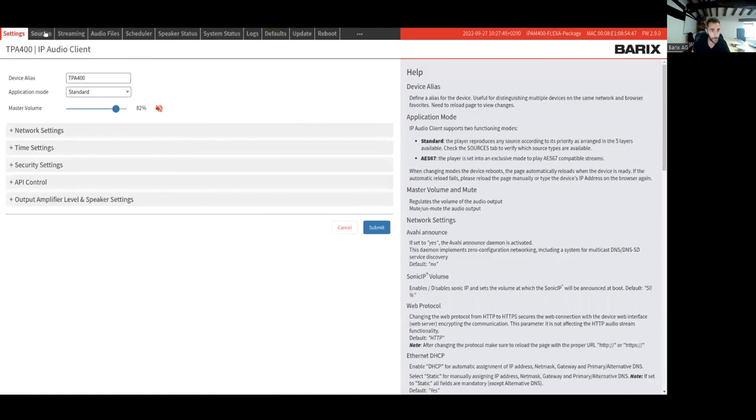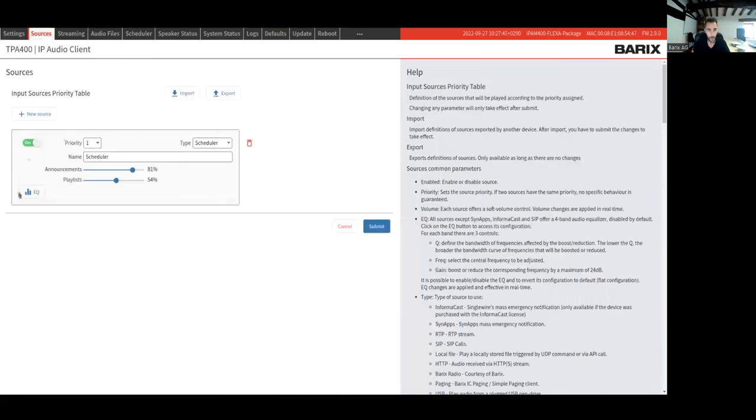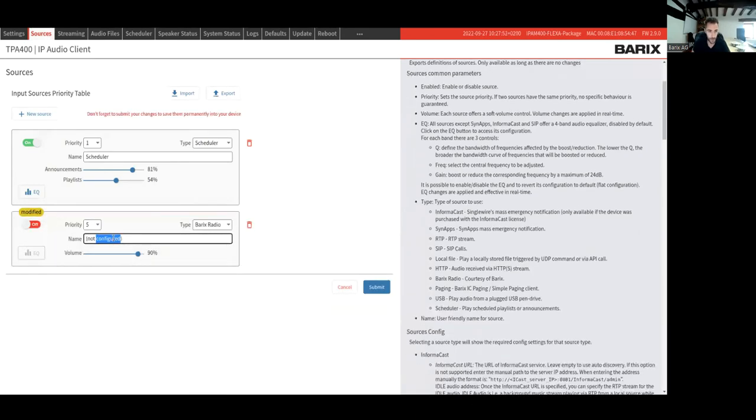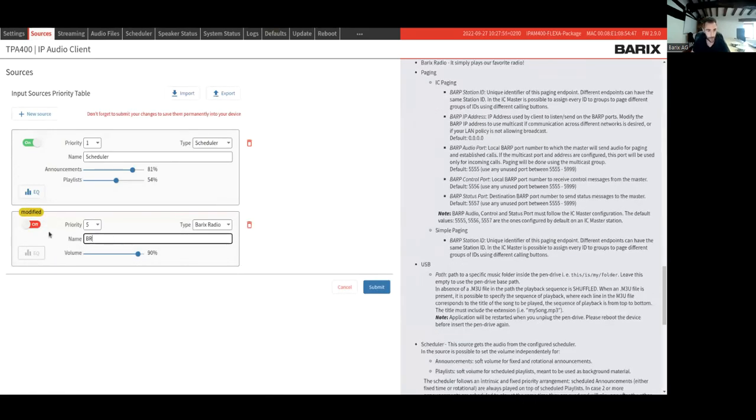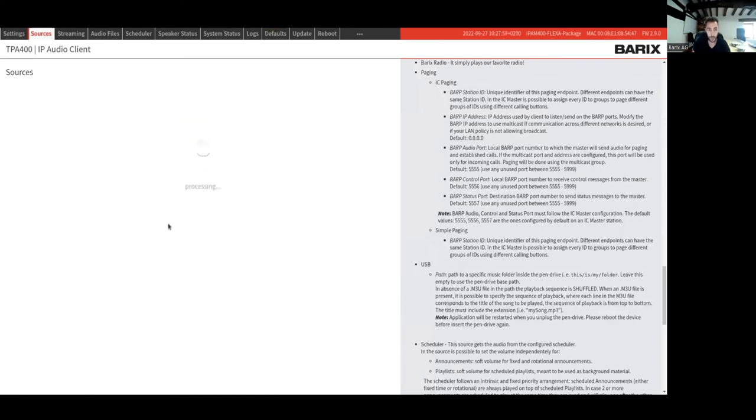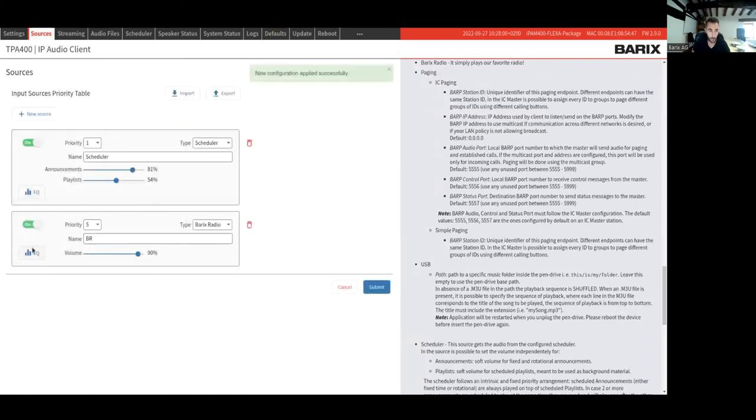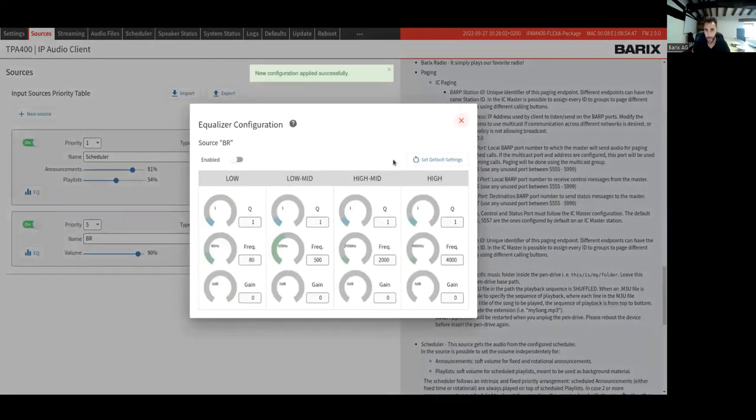Let me show you on the sources tab basically our equalizer for the scheduler, but I can add also another source like Barix Radio. So Barix Radio, enable. Until I don't have the source enabled, the equalizer is not available, but now it becomes available. By default, the equalizer is off, so I can turn it on. And I can change basically the parameters. I can use the mouse like this, and find my